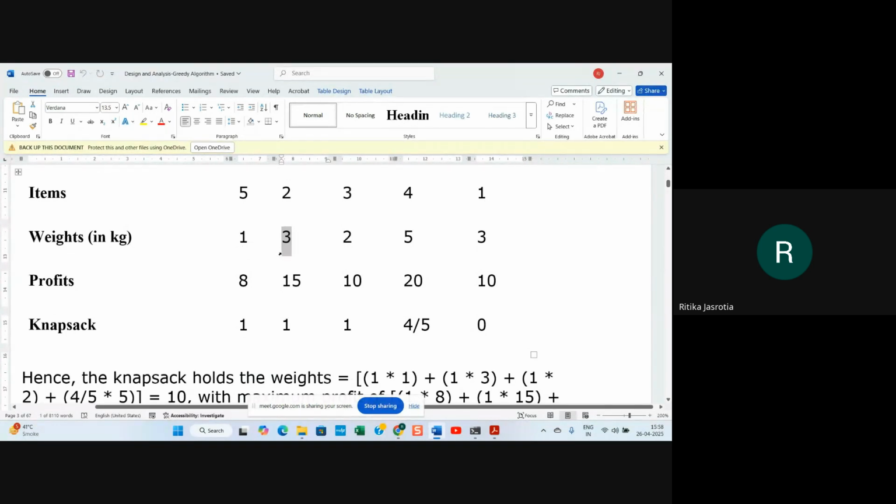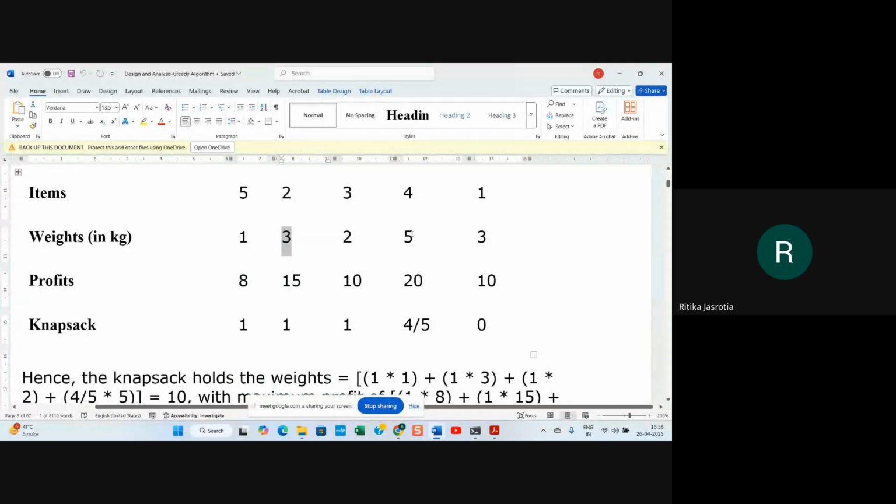So how much is left from 10 kgs? No, 4 kgs are done, so 6 kgs are left. So 3 is put in there. Then the next item is this 3, again complete. This complete is put, this complete is put, this complete will be put. So 3, 4, 5, 6 kgs we have put. Now with 6 kgs put, we are left with 4 kg from the 10 kgs.